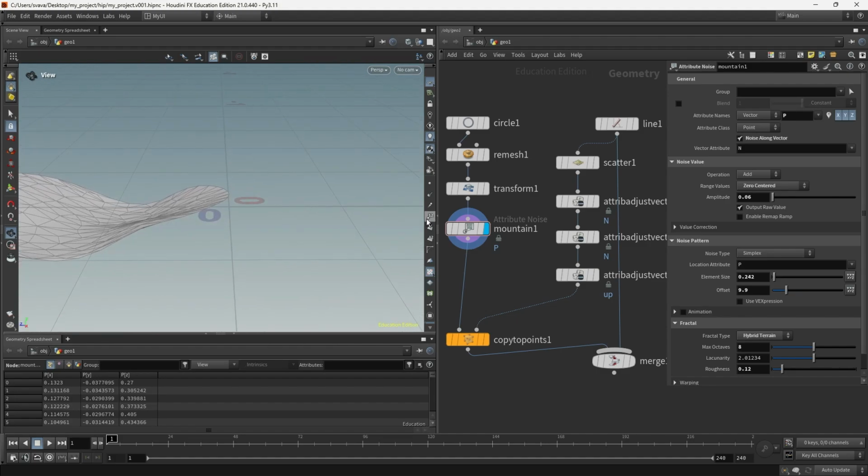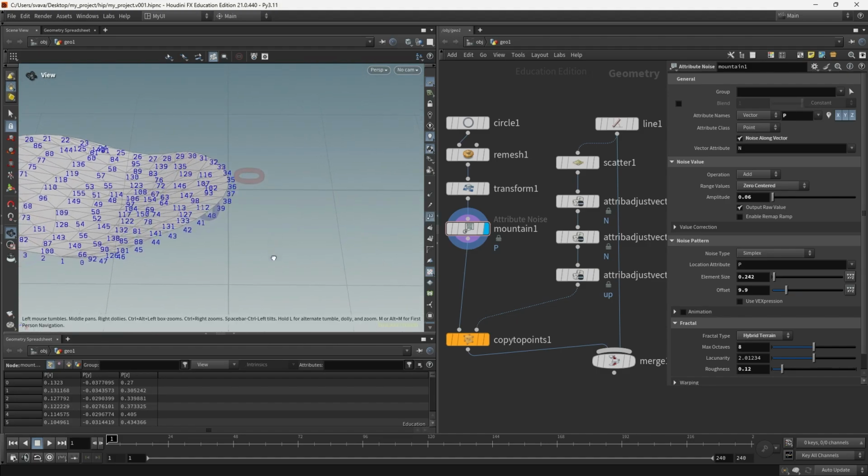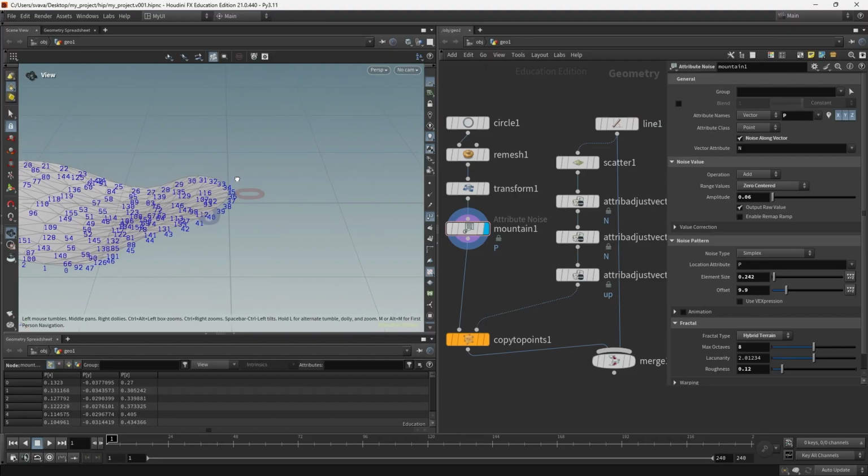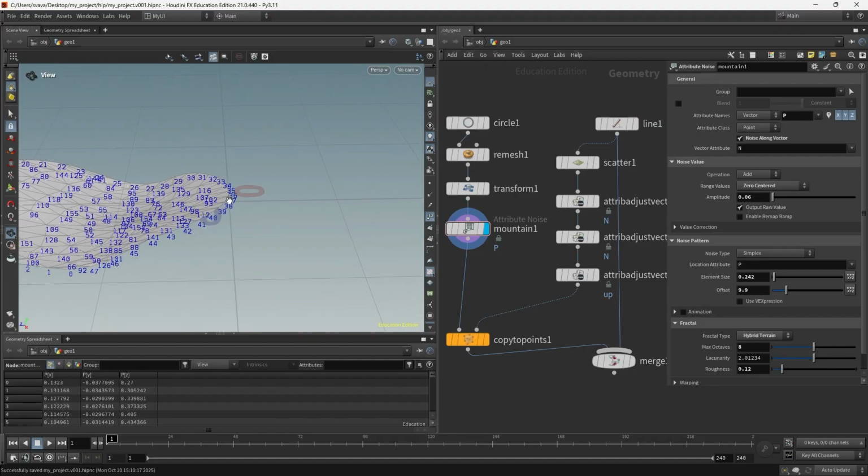And look at the points. What if we take the position of point number 36 and subtract it from the position of all the other points? Then the circle will land at the origin again. But first, instead of having it be point number 36, let's rearrange the point numbers to have it be point number 0. That way, in case we change something later, the system won't break.